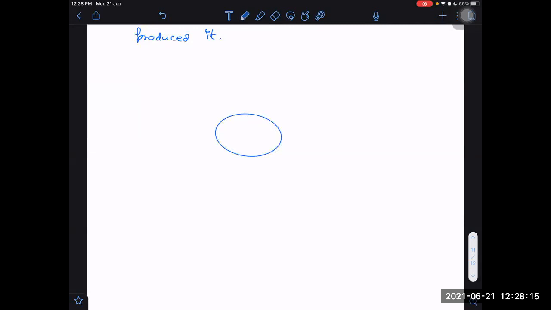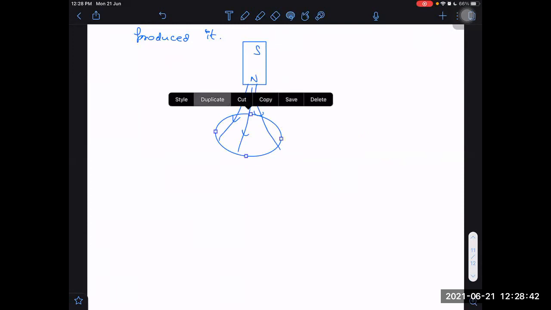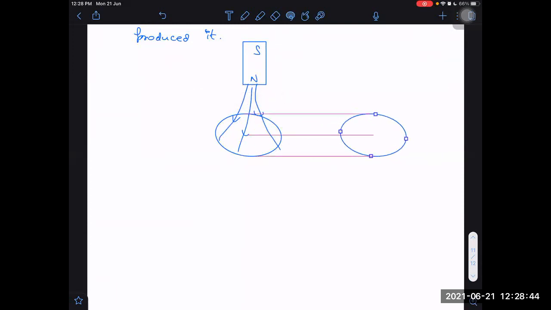If I have a conducting loop here and I drop a magnet on it, which has the north pole below and the south pole above, and it is entering into it, then what will happen? The magnetic field will be increasing or decreasing? Increasing, sir. In which direction will those magnetic field lines be increasing? In the downward direction. If magnetic field lines are increasing in the downward direction, what will be the tendency of this loop? It will try to decrease the magnetic field lines in the downward direction. How can it decrease them? North pole it will get, sir. It will repel.